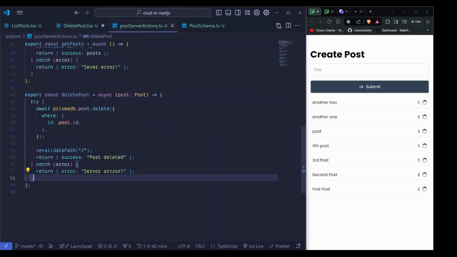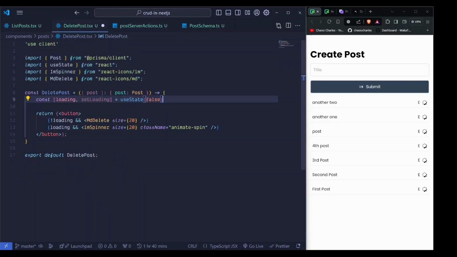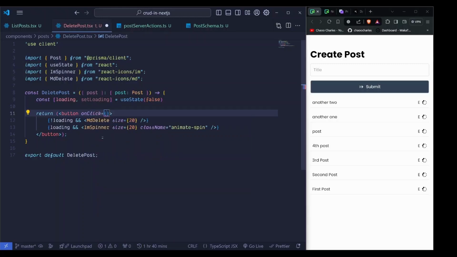We already have our server action for deleting. We just need to make a call to it. So right here, when we click this button, we will have an on-click event. So on click, then here we will call a function, and the function will be called handleDelete. In this function, we will pass our post, and we don't have it currently defined, so we define it at